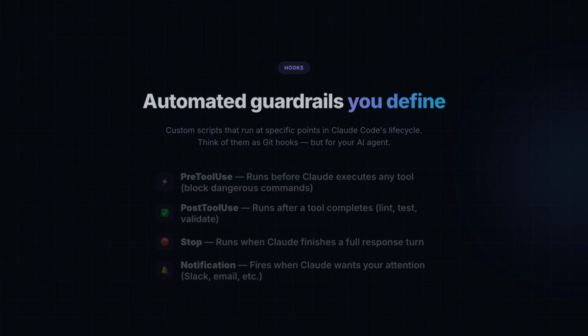There are 4 hook points. Pre-tool use runs before Claude executes any tool, like writing a file or running a shell command. This is your gatekeeper. Post-tool use runs after a tool completes, perfect for automated linting, formatting, or running tests. Notification fires whenever Claude wants your attention. You can route these to Slack, email, or a desktop notification, and stop runs when Claude finishes a complete response